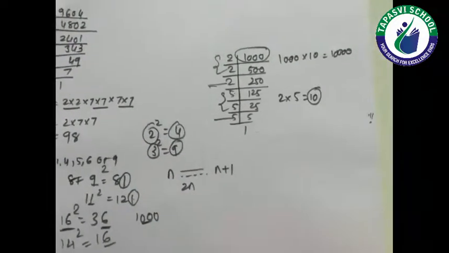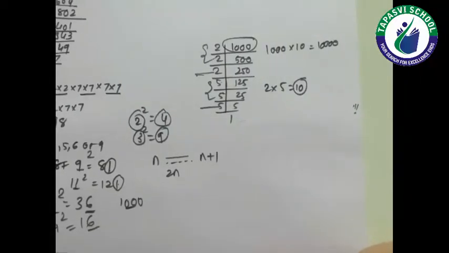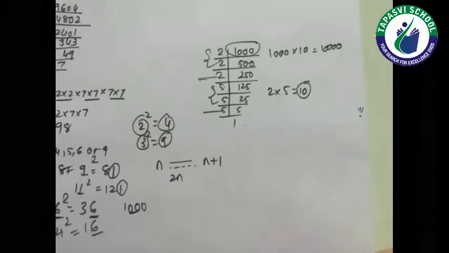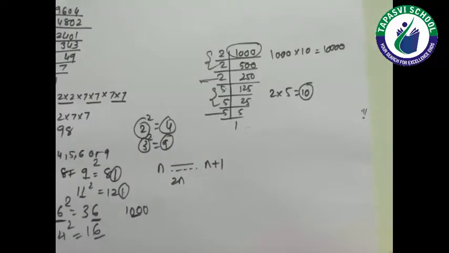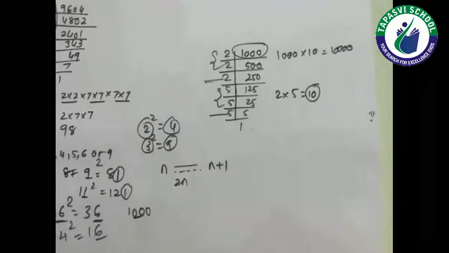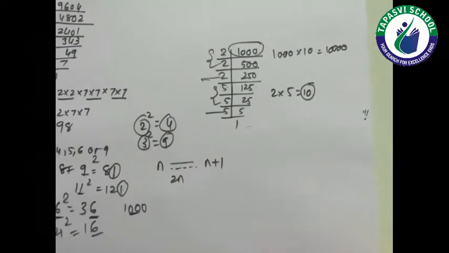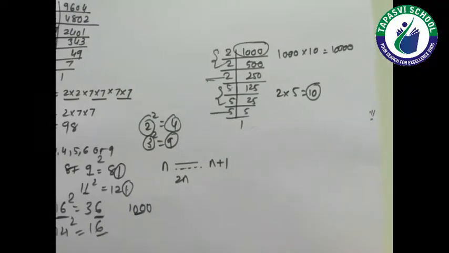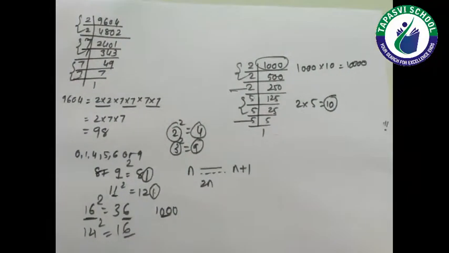So in this way, students, if a number is not a perfect square and you want to find out by which number you have to multiply it to make it a perfect square, at that time the same method you have to follow. You have to factorize the number, and then you have to check the pairs. Whatever additional numbers are left, you are supposed to multiply the given number by them so that it will be a perfect square number. Yes, now I think this concept will be clear to you.